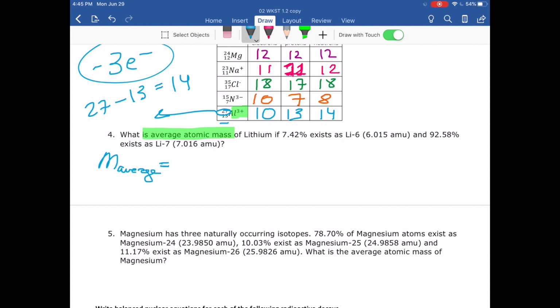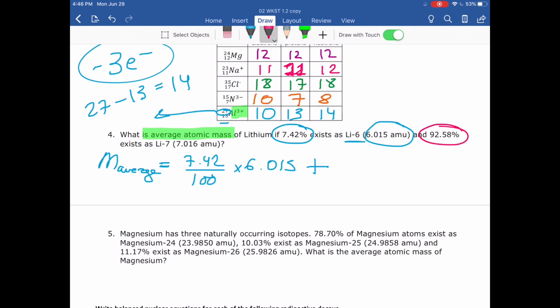You need to remember the formula that we learned the other day, which says that the average mass is going to be the abundance of each of the isotopes divided by 100 times its mass. So in this case, the abundance of lithium-6, 7.42 divided by 100, times 6.015, plus the abundance of the other isotope, 92.58 divided by 100 times the mass of the other isotope, which is lithium-7, and the mass is